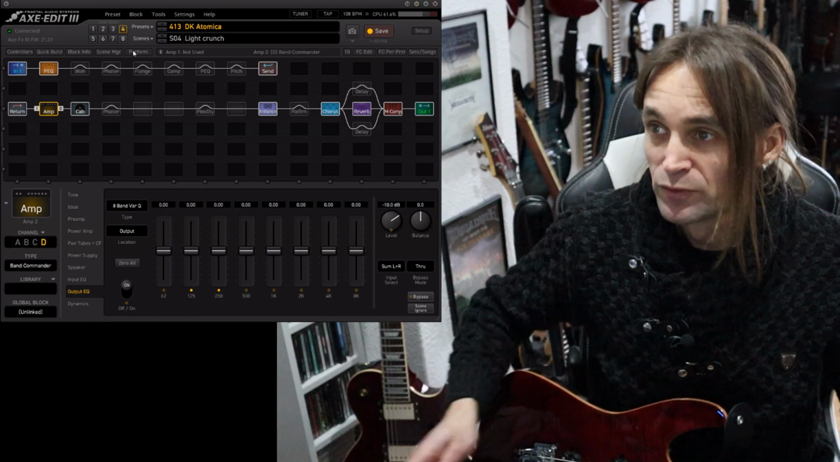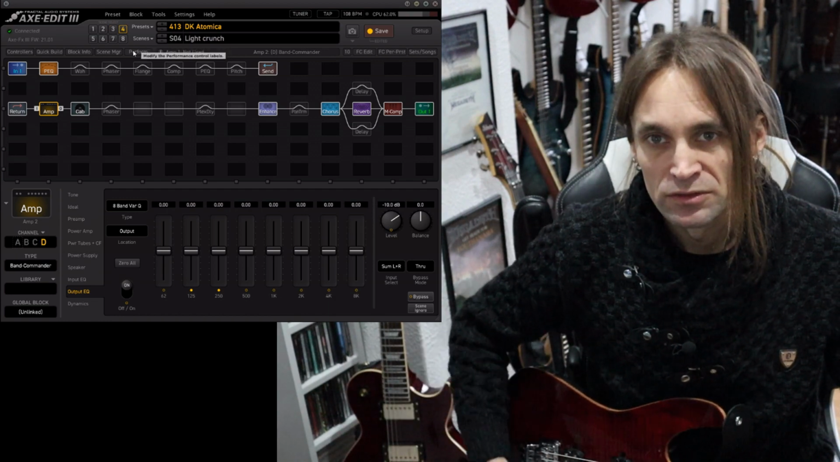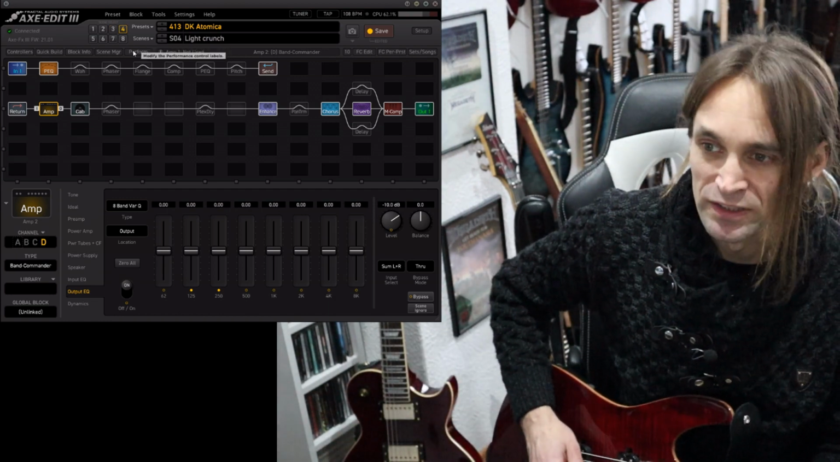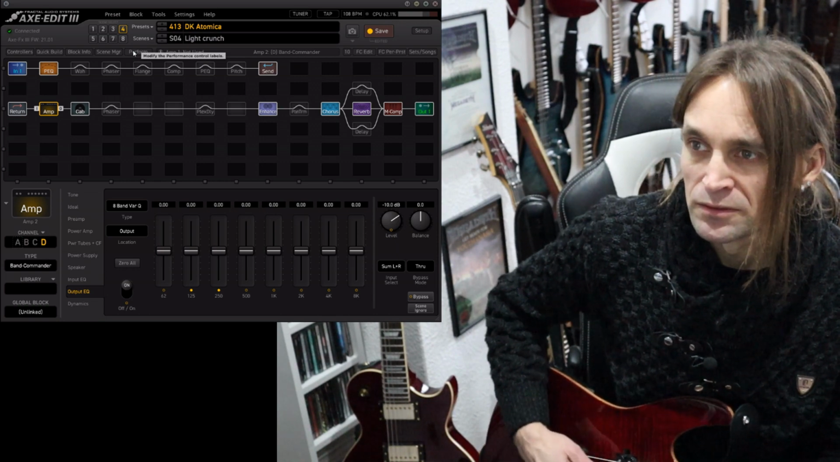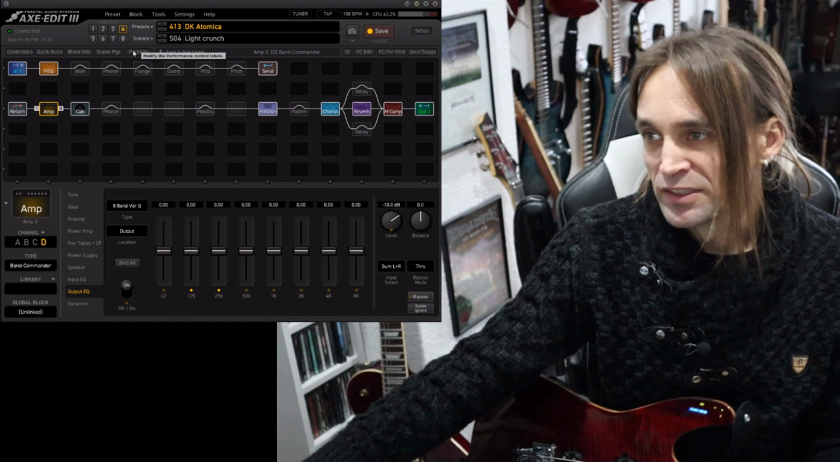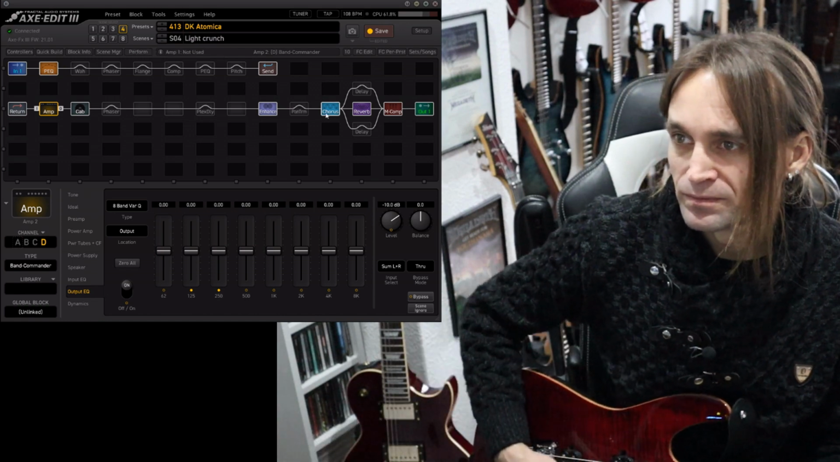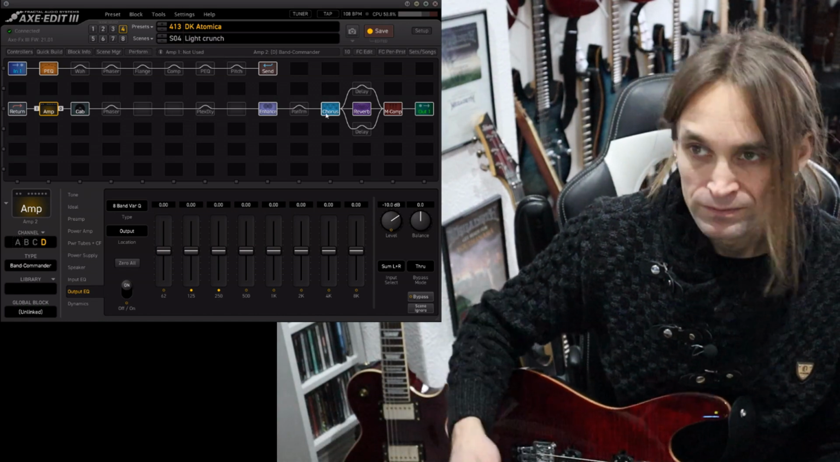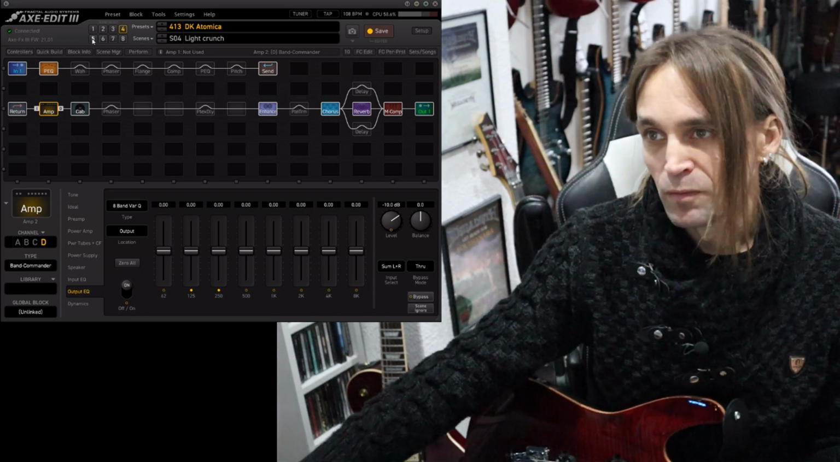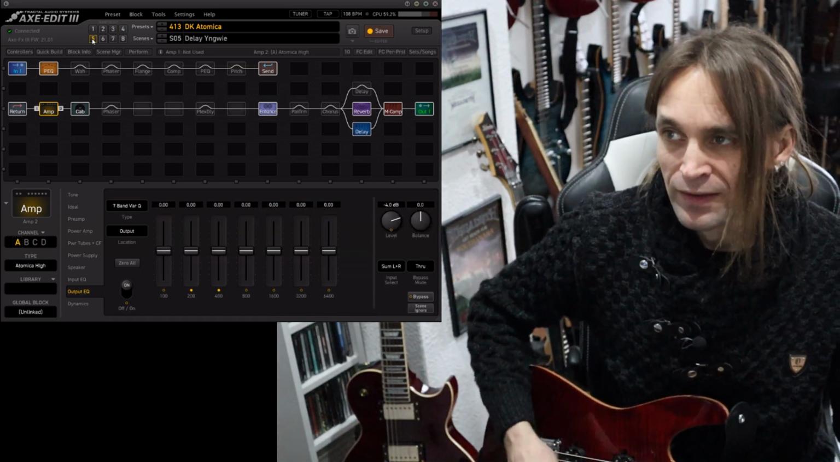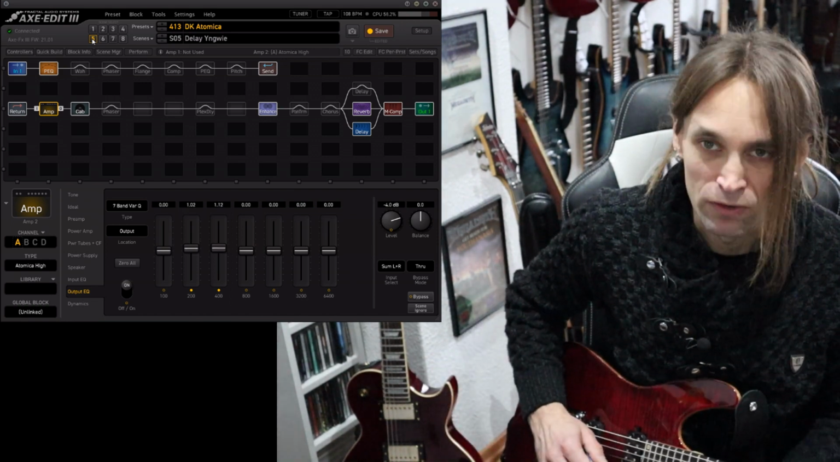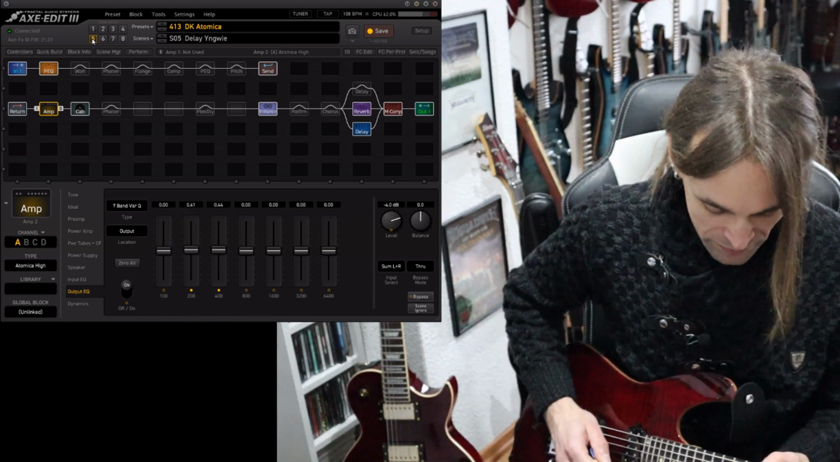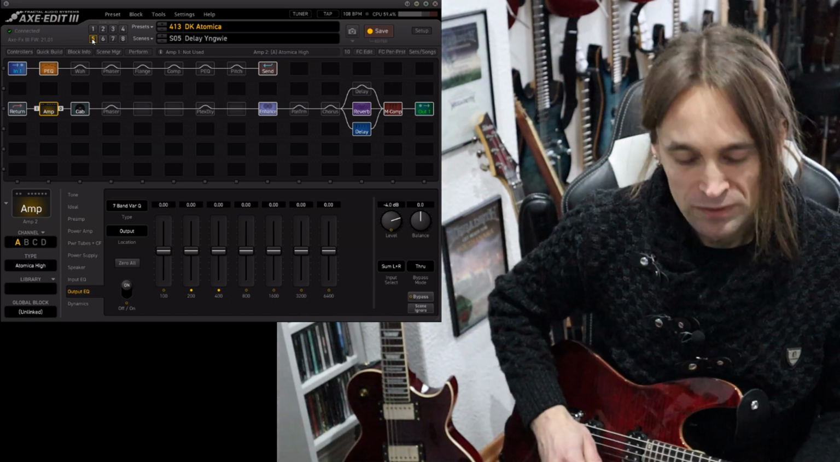And yeah, scene 4 is a light crunch tone, using another amp in most presets. As you can see here, the chorus is engaged. Scene number 5 has another delay, the Ingvi delay as I call it. As you can hear, it's just